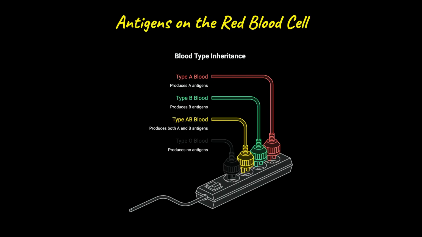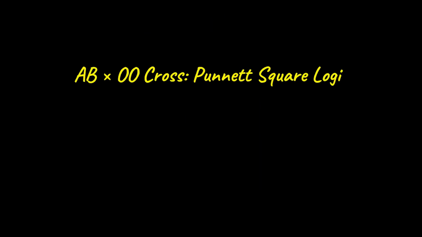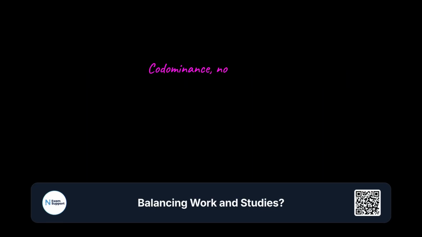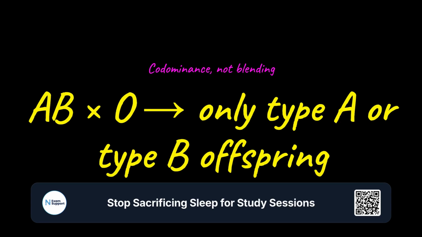Type O cells carry neither antigen, which is why type O is called the universal donor for red cell transfusions. In a cross between a type AB parent and a type O parent, the AB parent contributes either A or B, while the OO parent contributes only O. Every child must be AO or BO, meaning type A or type B, and type AB and type O are both impossible outcomes. This AB by O cross is the rare case where no child can share either parent's blood